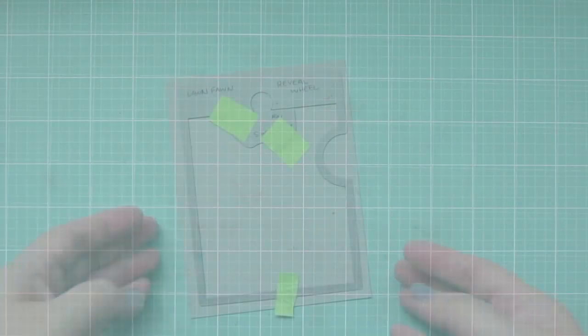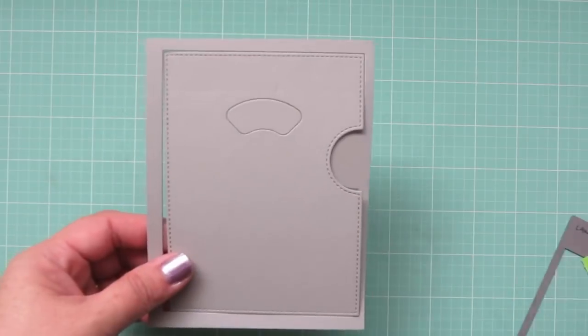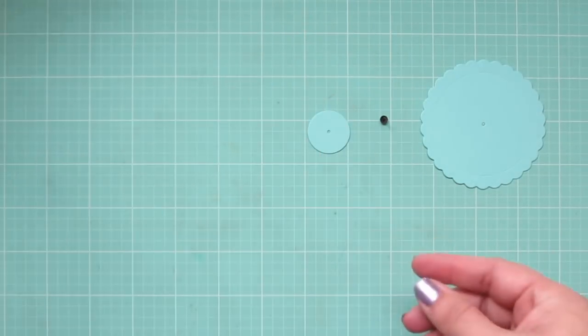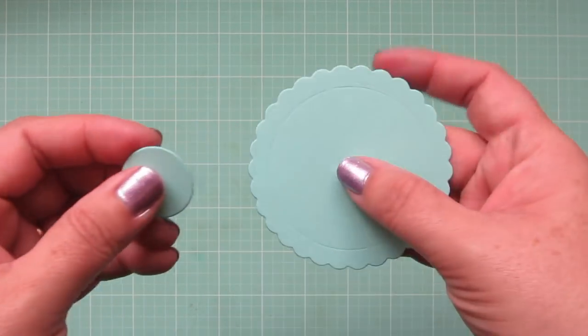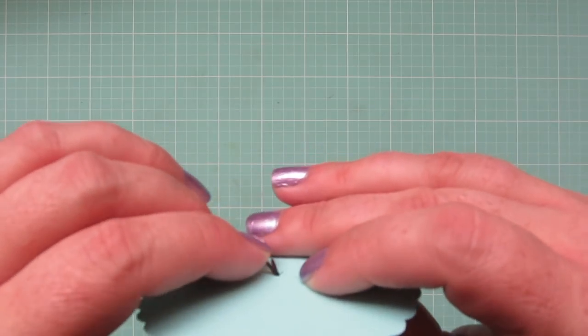I'll run that through my Cuttlebug, and then I will remove that little puzzle piece and die cut an additional piece out of gray as well. So there are those 2 pieces ready to go, and then I also cut out the 2 parts of the actual wheel out of some light blue cardstock, and I grabbed a brad that I'm going to need to fit